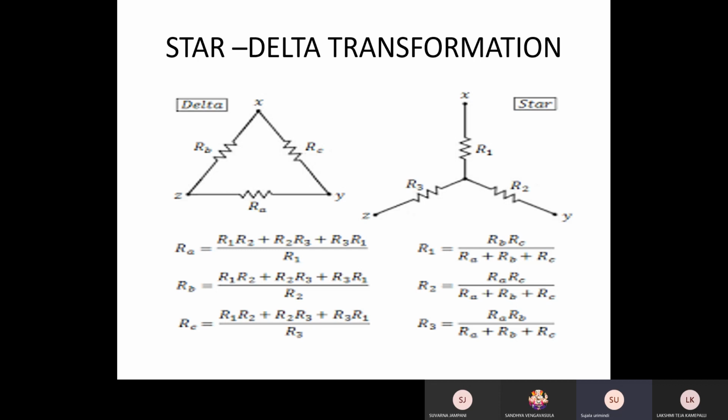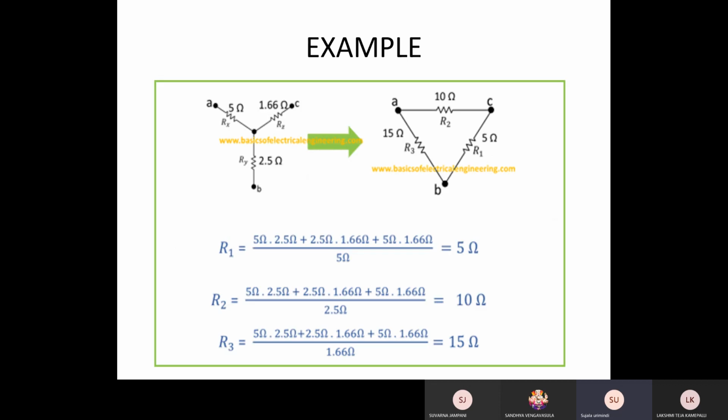So from star to delta and delta to star transformation, when we have to find out the star values, the formula will be adjacent resistance by total resistance of delta. When you have to find out the delta values, it is the sum of the possible pairs of star resistance by opposite resistance of star resistance. It is nothing but star to delta transformation. Next, there is a small example of star to delta transformation. Here generally we know R1 R2 R3 and Rx Ry Rz.